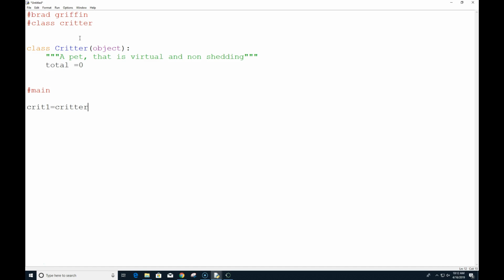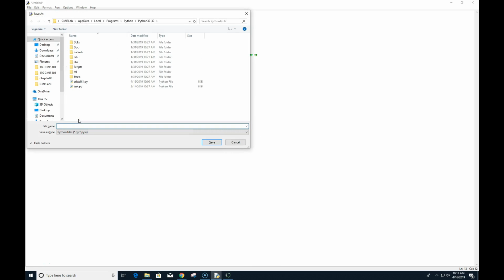So in theory, we've just created a class called critter, and I want to see if I can print total. So what I want to see is if this value inside this class, we instantiated it, right? Can I see it? And so I'm going to call this classy.